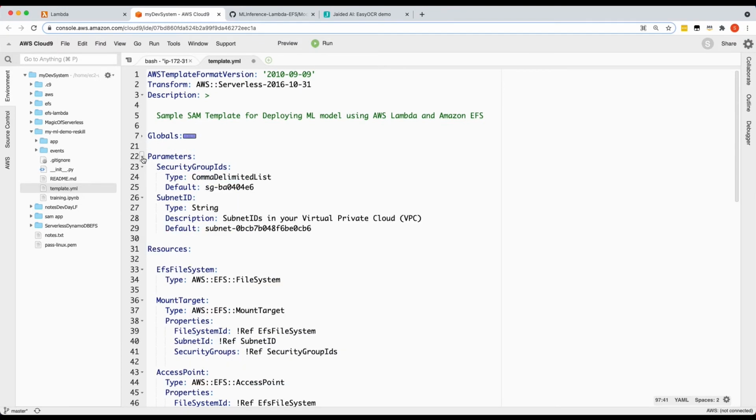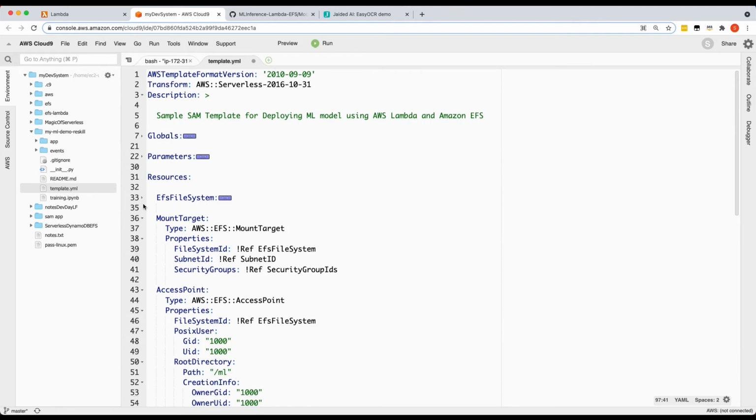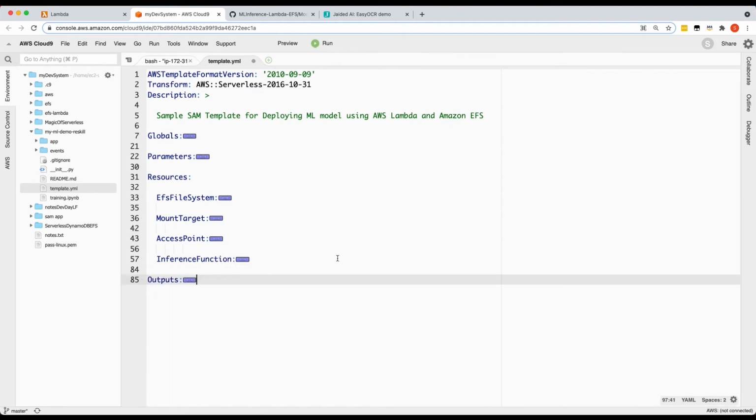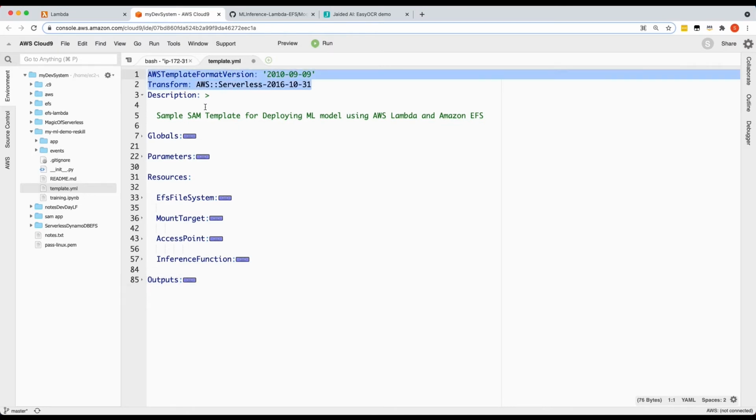So I'll quickly walk you through the SAM template and share what it is doing. As I mentioned, SAM internally uses CloudFormation, and this is meant specifically for serverless. Although you can do a lot of things outside serverless, it is majorly built for ease of deploying a serverless application on AWS. So the first two lines of code we need to mention tell